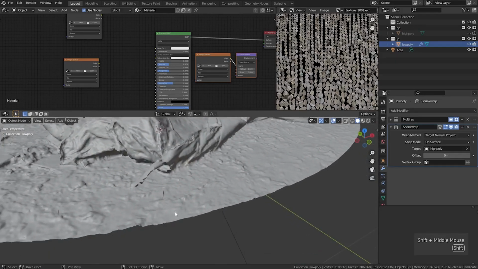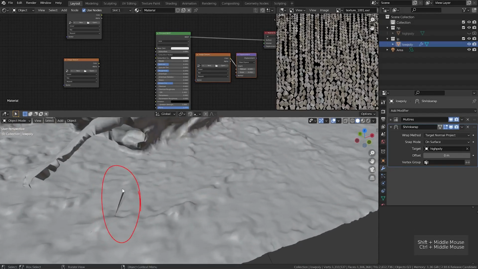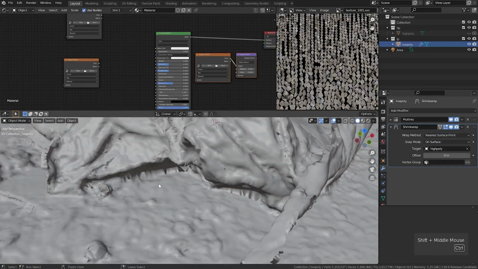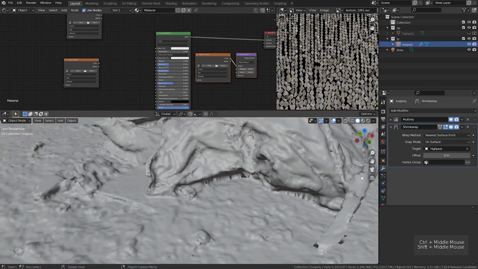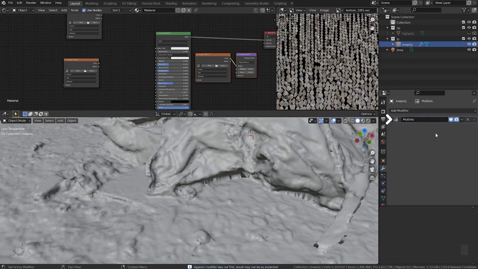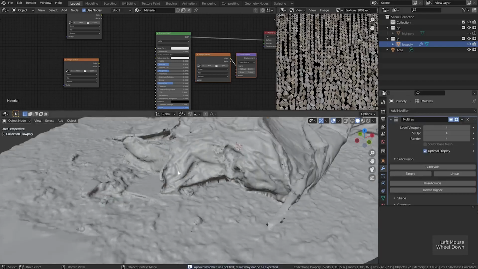We can tell by these overly thin polygons that something is way off with the mesh, so let's probably roll it back indeed. The nearest surface point then is our choice. And poof, now the pinching is gone. I think our faithful shrink wrap modifier did its best, so we can apply it. So all the changes caused by the shrink wrap modifier get pushed into the multi-res. It's very useful because that's what we are gonna be baking,